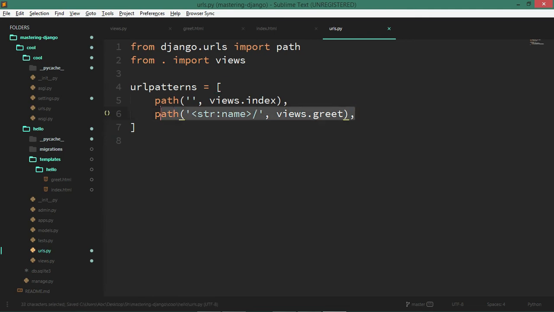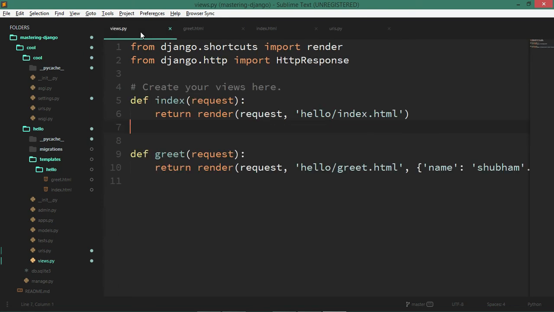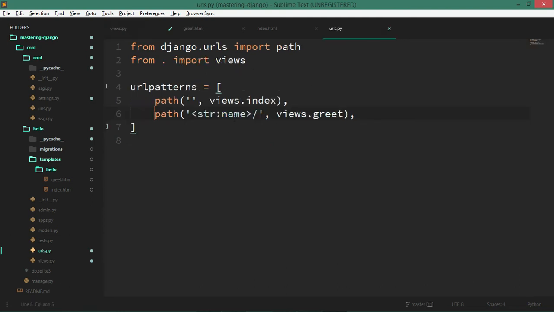Anything should be a string and I'll just call it name in my URLs. So if I just come here, it should be expecting a name with it. And this name and this name should be the same. I mean, it happens to have the same name. I hope that I am not confusing. I can just call it person name. So this person name is the actual variable which it will be passing to my Django application. So it has to be the same name out there as well.